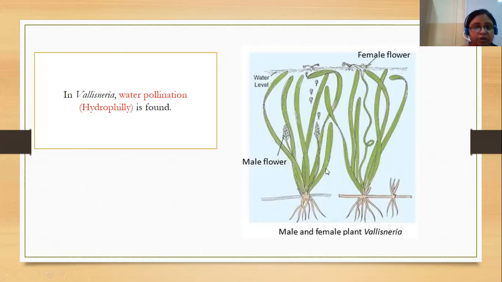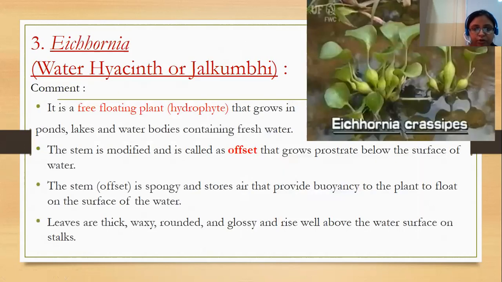So in this way, the cross pollination is occurring with the medium of the water. That's why it is called water pollination, or hydrophily. See, this water pollination helps in achieving sexual reproduction in this plant. This is the only mode by which this plant can sexually reproduce. So this is the important phenomenon which is found in this plant, Vallisneria. Fine. Now this also ends here.